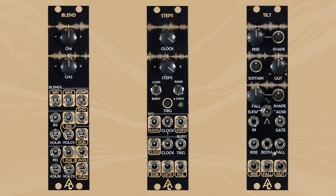Steps is an internal clock generator, which can be clocked externally, that will give you 8 steps of either random or looped random, so it feels less random once it's looping. It can loop or be burst, in which you trigger it and you get the 8 steps and that burst stops until it's told to run again. We get an end of burst output, which is a bit like telling the bass player, take a solo but only play 8 notes, and then the bass player kicking the drummer at the end, telling the drummer to